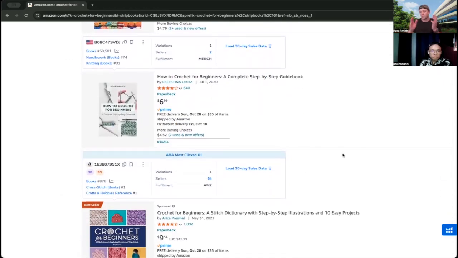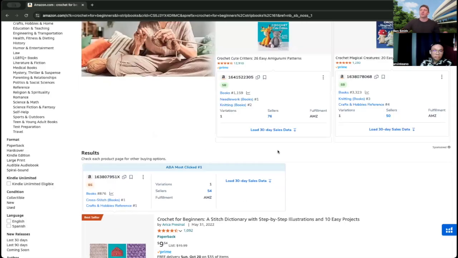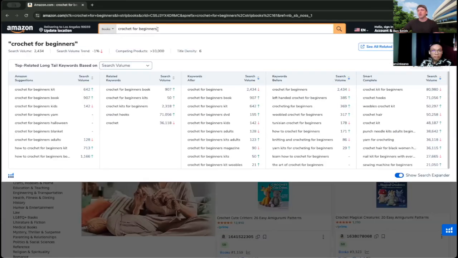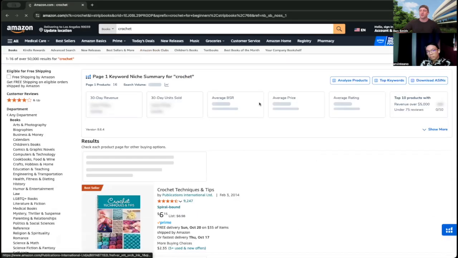It doesn't mean our title is going to be crochet for beginners, but if that's the main search term that we're actually building a book around, we want to validate that that search term is in fact something worth building a book around. It's a lot easier to go write a book once you know there's already demand for the book than it is to try to create that demand. And so this is just one of our ways of validating this keyword. We could even narrow this down. Crochet would be the easiest version. Now that's just going to be extremely competitive, right?